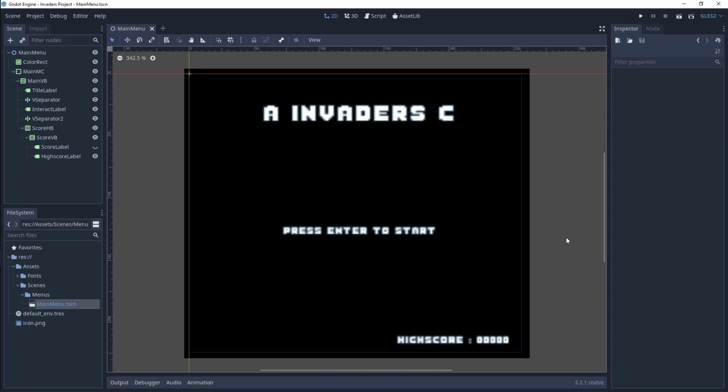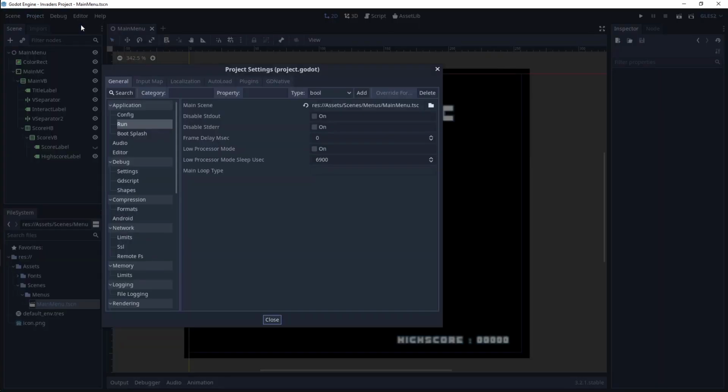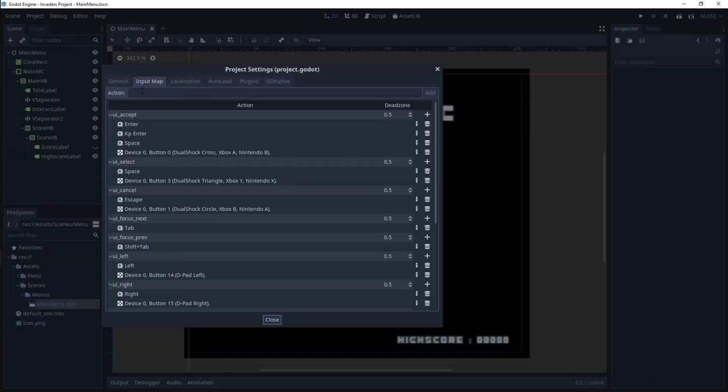Now one thing we're going to do is add a script to this, so that we can change the scenes whenever we press Enter. But another thing to keep in mind is that we need a keyboard input. So let's go to Project, Project Settings, go to the Input Map tab, and in the action, type